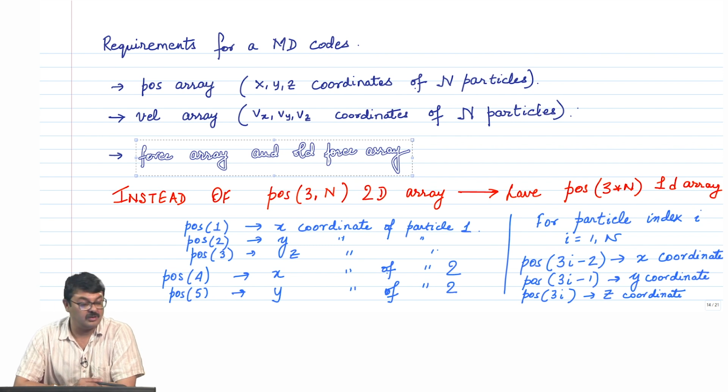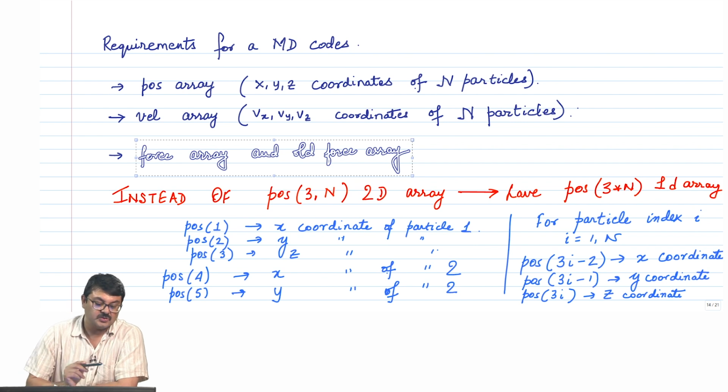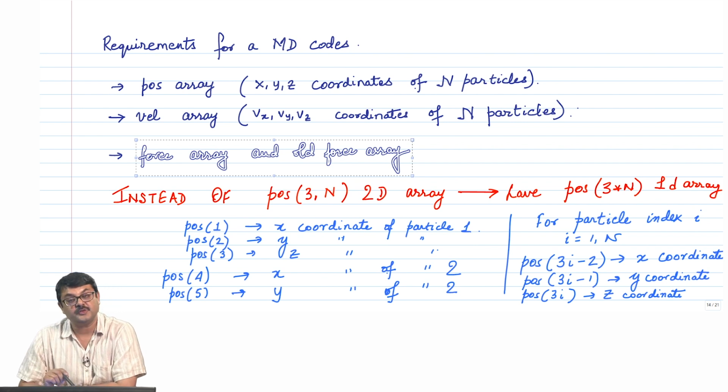It could be 0, or it could be acted upon by multiple particles, and you need to know the components of the force Fx, Fy, Fz acting. So basically, if you have the r hat vector, you have to decompose it into x hat, y hat and z hat. So you need the force array, and moreover you need the force at the previous time,